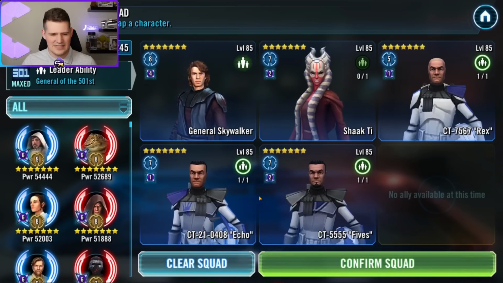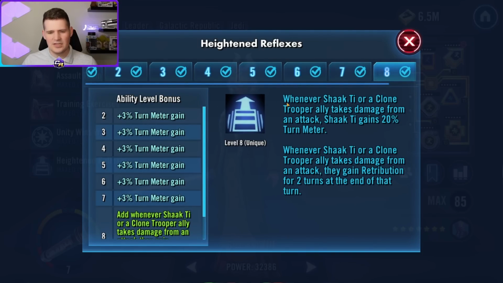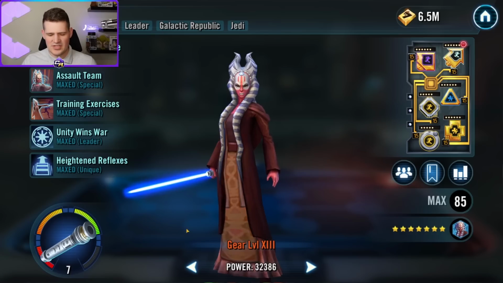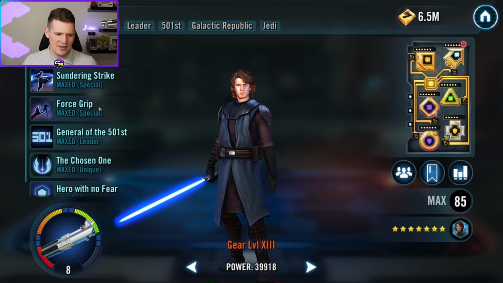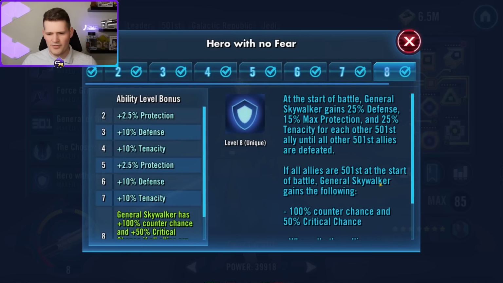This one I have only seen once, and I hope I never see it ever again. And that is Shaak Ti under GAS. At first, this seems slightly viable because, oh, Shaak Ti, she doesn't have a leadership, obviously, but her unique is pretty clutch for clones. Whenever they take damage, they gain retribution, and she also gains turn meter, so it kind of works well there. But if you look at GAS's kit, awkwardly enough, not here, but in Hero With No Fear, there is